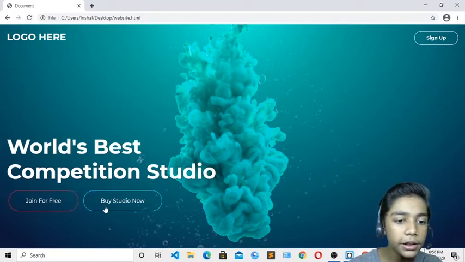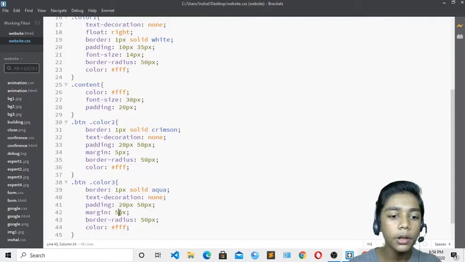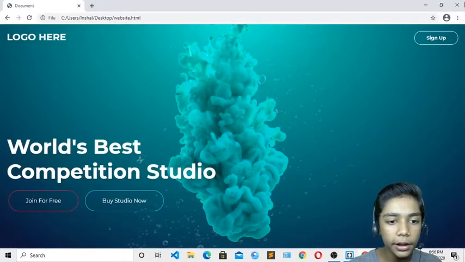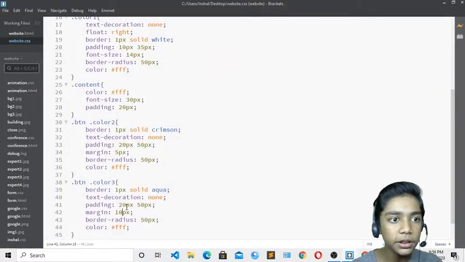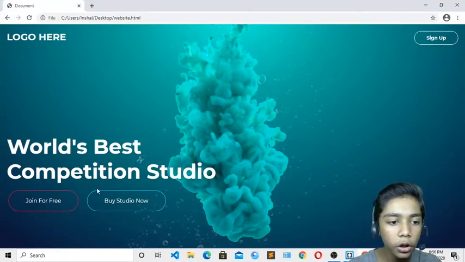And now over here you can see we have designed our button. Now I have to take the space from here, so I will give it 10. If I save, now here you can see there is space from here, so I will change it to like 16. If I save and show you now, here you can see it is good. So hit refresh. Here you can see our button has been designed and looking really cool.